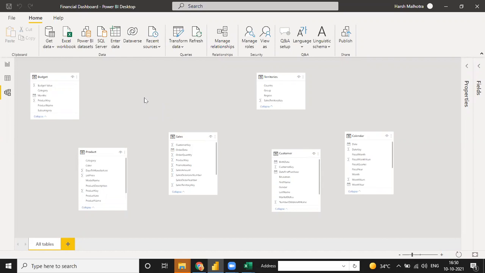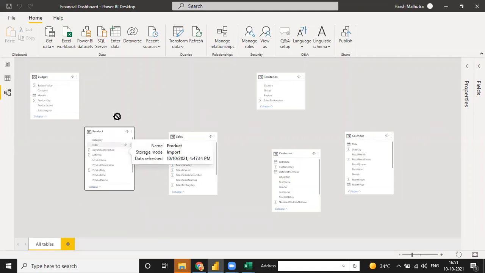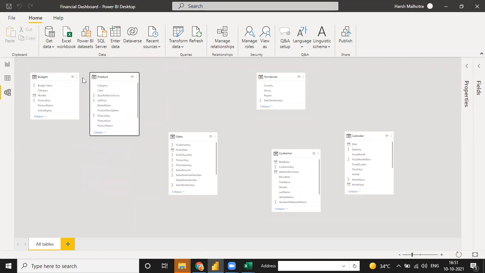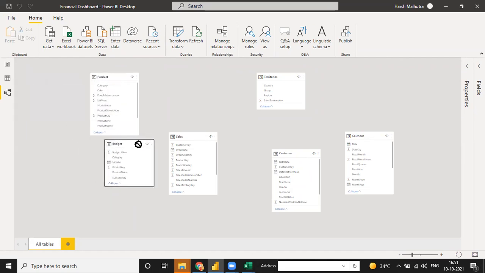Okay. So I have one question here. Suppose we have to make a relationship with a unique column between the fact table and the dimension table.